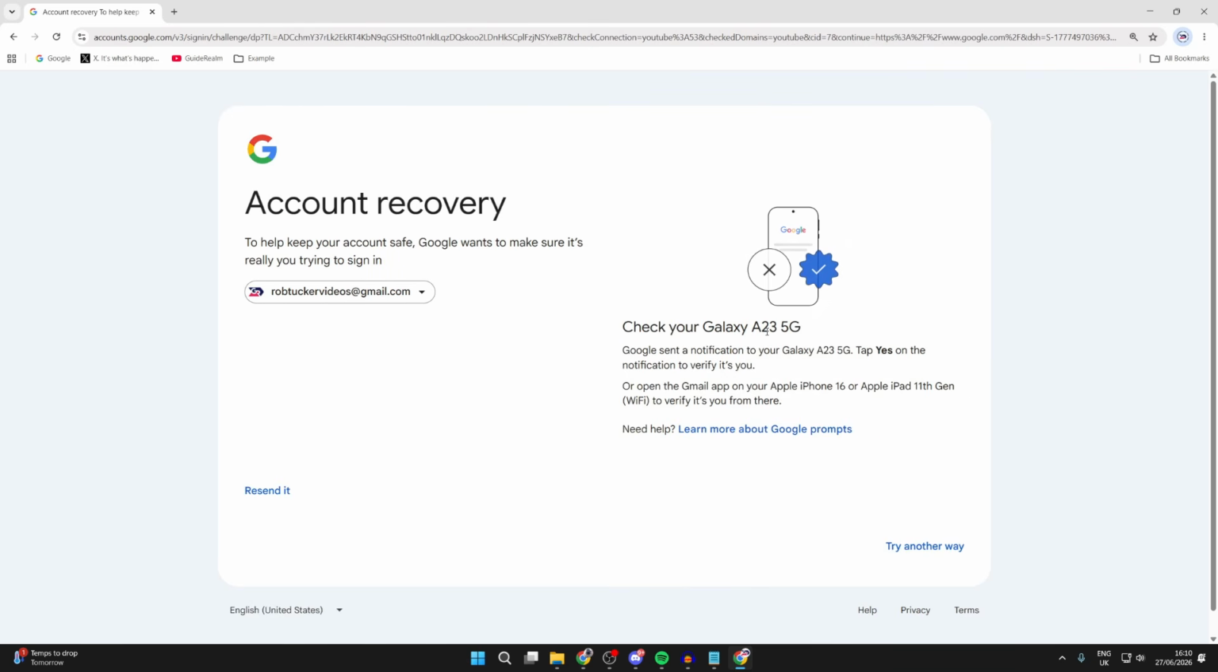Now we're in the first stage of the recovery. This is the first option we've got. We can check our Galaxy A23. Of course, everybody's going to have different devices and you may not even have a device linked, but if you do, a notification will be sent. Check your notifications and you can tap yes to verify that it's you. Then we can start the process of recovering the password and choosing a new one. But if you don't have this option, or it's not working, press try another way